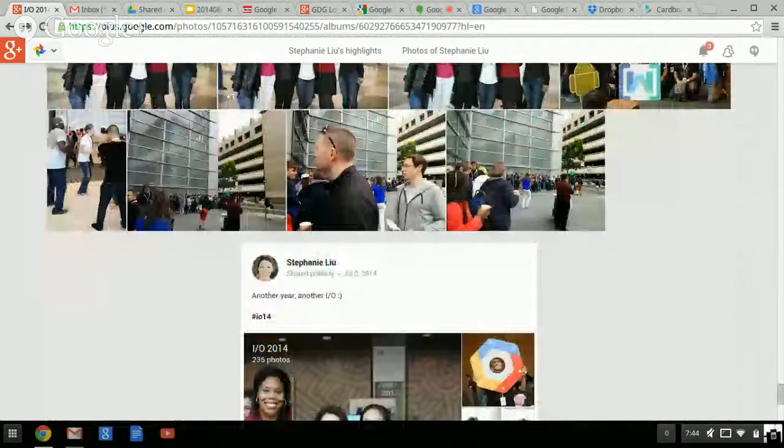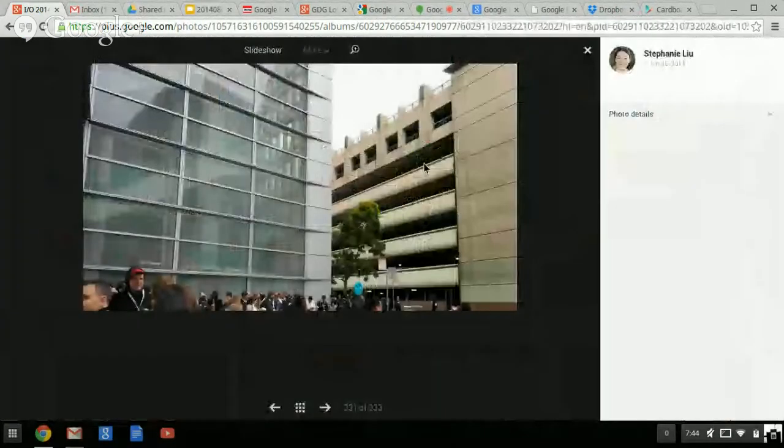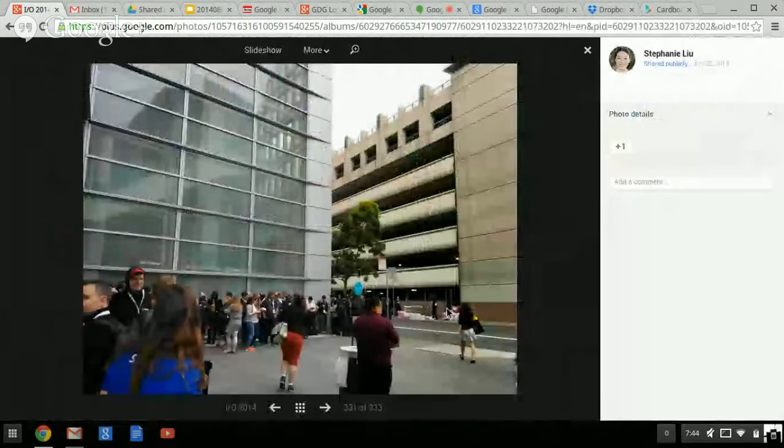And here you can see one of the lines around the block in the morning. This may actually be the second day, I can't tell. But here you can see the people who were giving away donuts, so it wasn't that bad if you were stuck waiting in line. It wasn't raining, I don't think, that first day. It might have been a little misty. There were also some people from Target giving away little battery chargers for phones and all sorts of other random stuff. You can see we even got some stickers from some convention going on in London. So you can get the sticker, or you can pay to go to London.